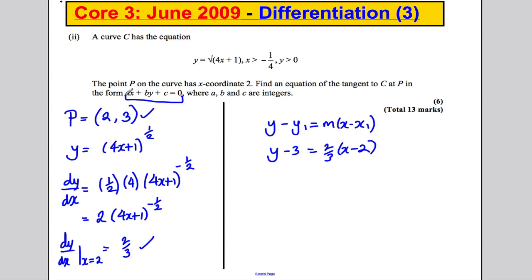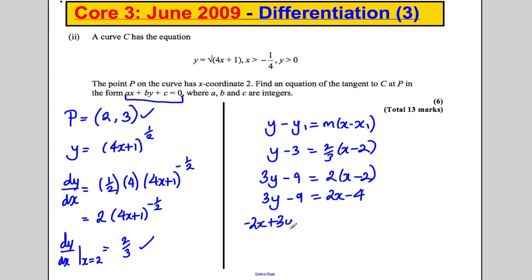Later on, we know we want a, b and c in terms of integers, whole numbers. We've got 2/3 here. Multiply everything by 3 to eliminate that problem. So 3y subtract 9 is 2(x subtract 2). Multiplying out that bracket on the right hand side, we would get 2x subtract 4. They want it in this form equal to 0, so subtract 2x off both sides,